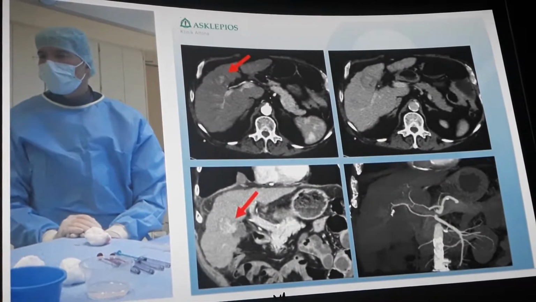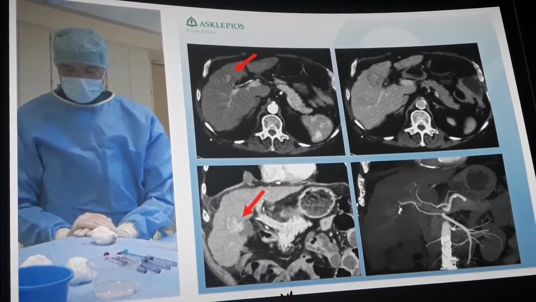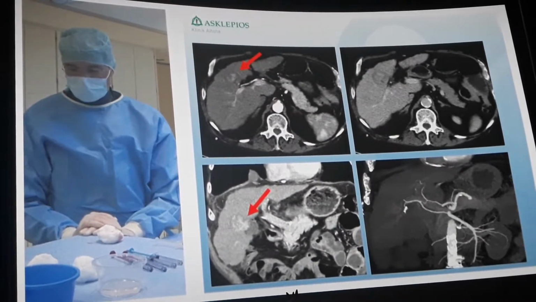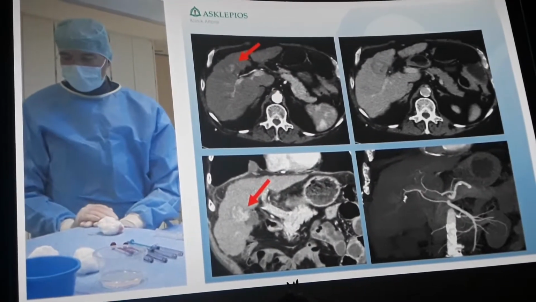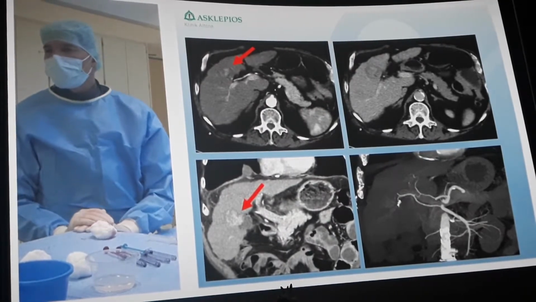There seems to be a collateral towards the left vascular area, towards the